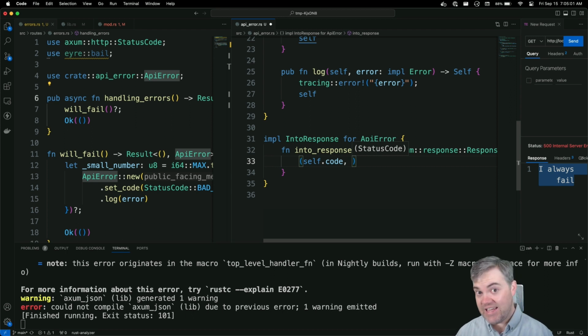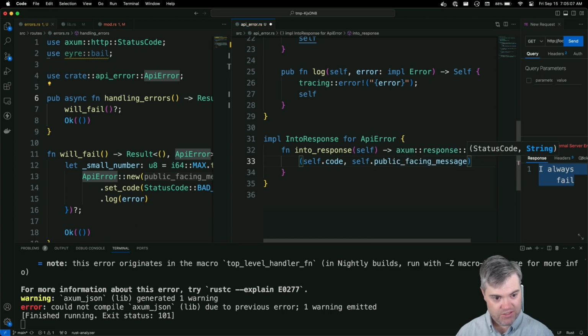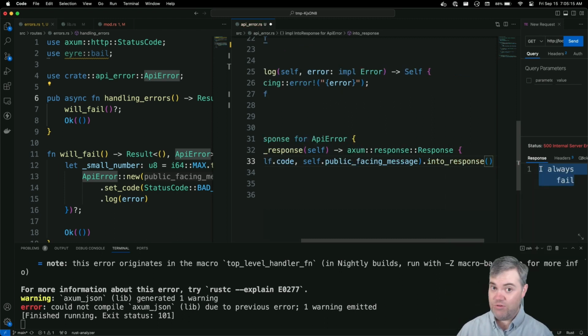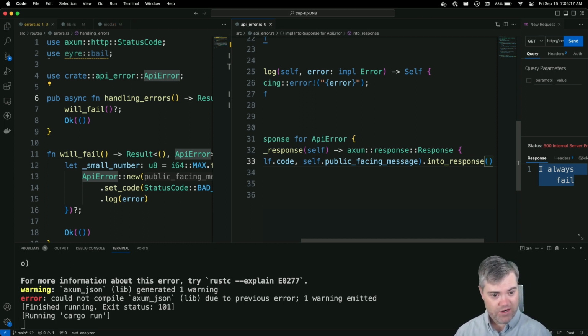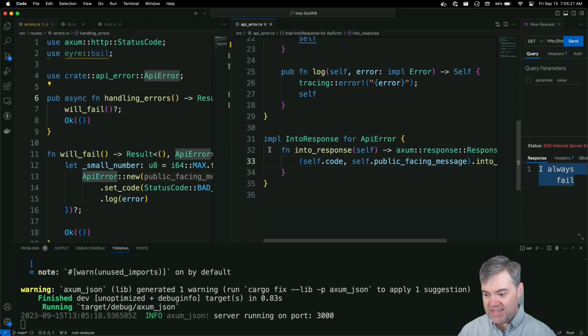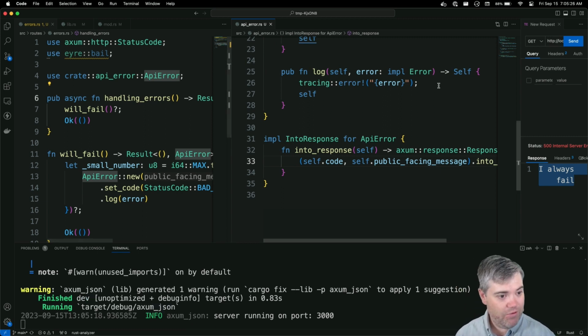And for the second element, we're going to put, well, the message, so self.public_facing_message. And that's it. Now, I can't just return the tuple itself. I need to convert it into a response. Luckily, there's an into_response method available for us. So I just run that. And that makes it happy. Suddenly, our server is compiling again. We can now run this.